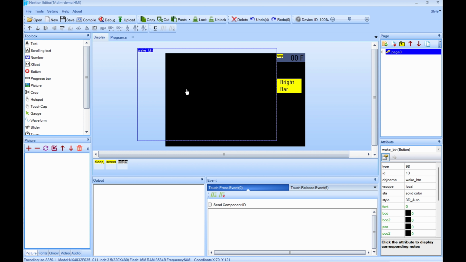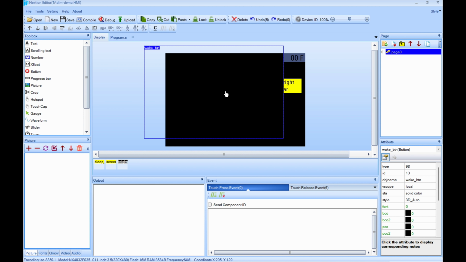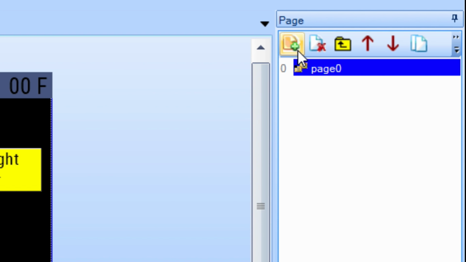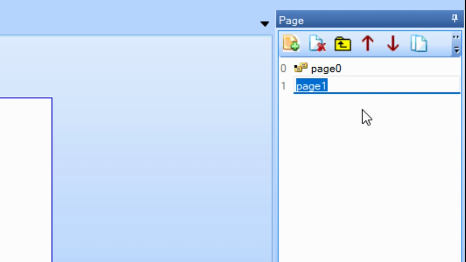And every time I see stuff about multiple pages, it talks about how objects don't update when they're not on the active page. And I was just worried about having to make a whole bunch of changes to my programming in order to be able to accommodate a second page. But it turns out this is really pretty straightforward. So let's start by just deleting this wake button, and we'll do what people suggested because I think it is a better approach. So I went over here and I created a new page,